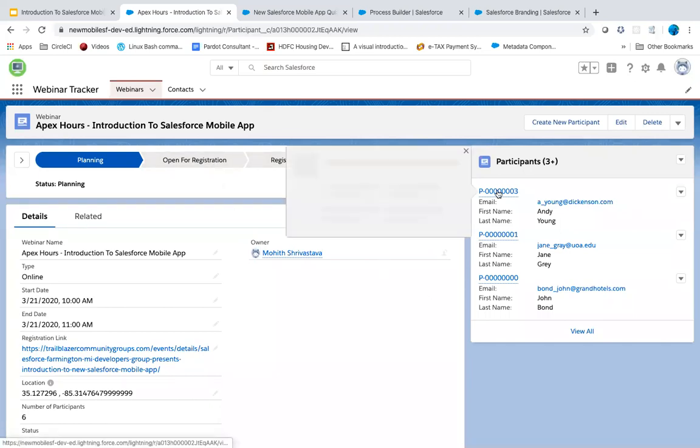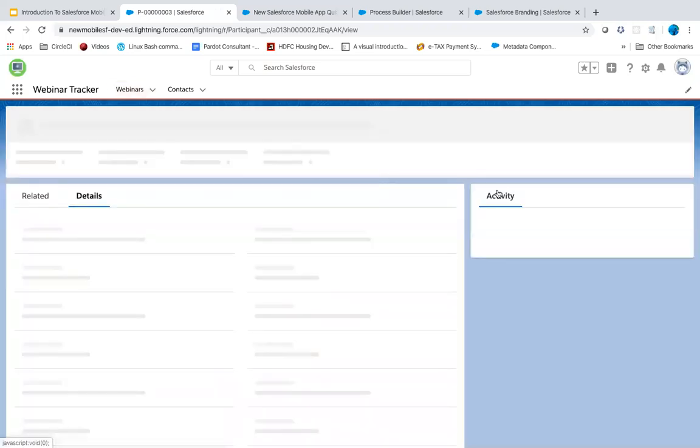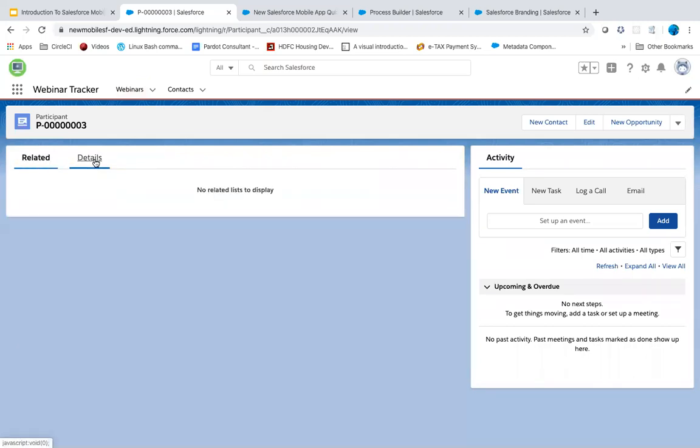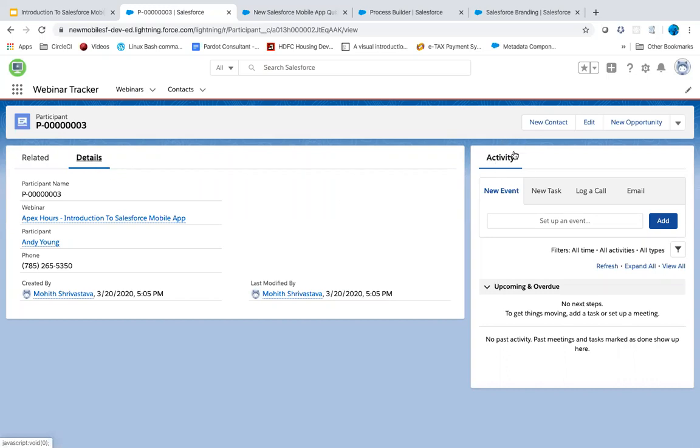Similarly, one of the things that you can do is, let's say you want a component on only phone. A good example of this is, let's say I'm calling this participant. Maybe I need a phone icon here where I click and it actually goes to the phone and starts calling. You maybe don't need that on the desktop. So just to show you an example of that, I can customize this